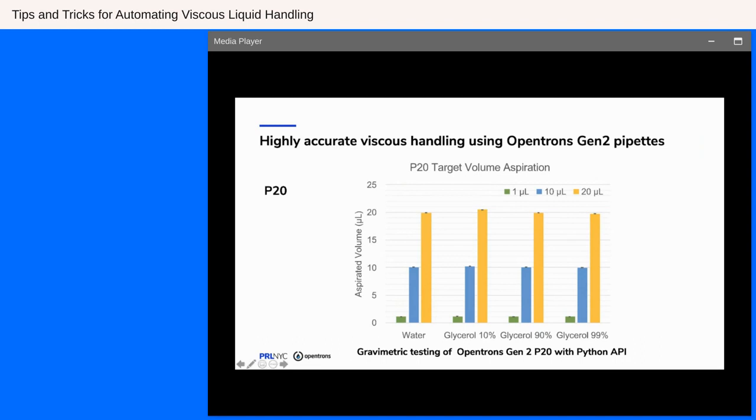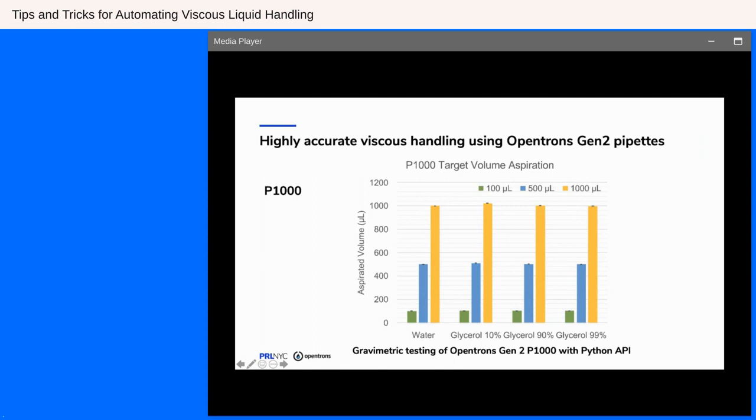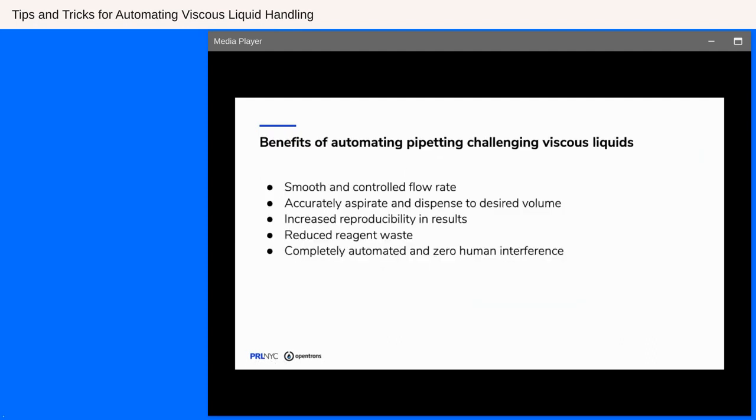So the results are very comparable to our water results, or how the P20 can handle water, as well as for the P300, where the results are very similar to how it can handle water in different liquid cases. For the P1000, again, it's a very similar case. The glycerol handling for 99%, 90%, and 10% is very similar. The results look pretty similar to water. So we're able to use these kinds of techniques to use a smooth, controlled flow rate using the automated